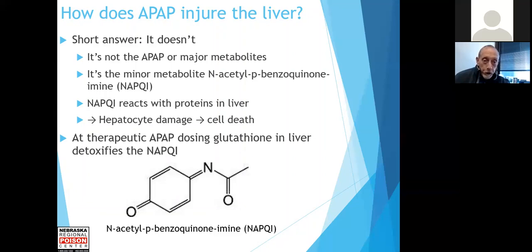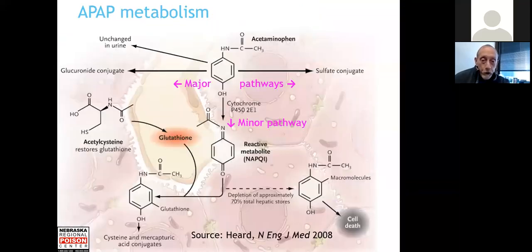Well, trick question, because it's really not the acetaminophen or its major metabolites that hurt the liver. It's a minor metabolite that nobody can really pronounce or spell very easily, so we call it by its initials, NAPQI. That's fairly unstable, so it reacts with the nearest electron pair that it can get a hold of, usually cysteine residues on hepatic proteins, setting in motion a cascade of inflammatory events causing hepatic cell damage and eventually death.